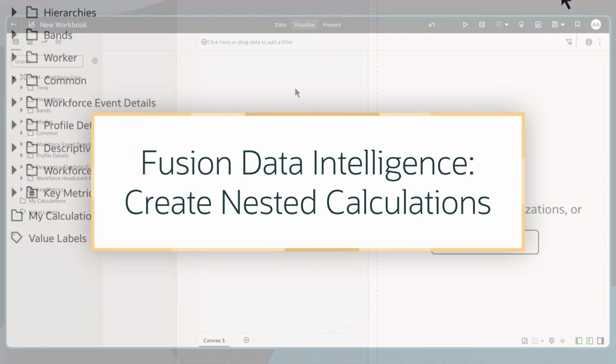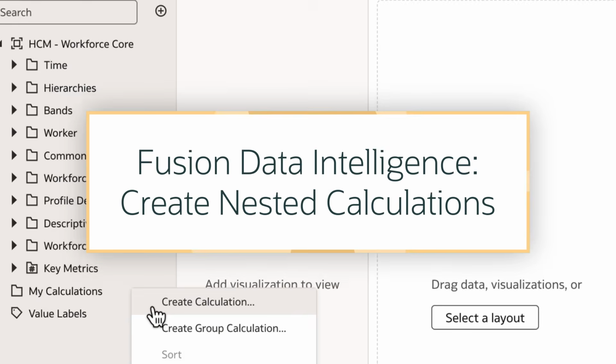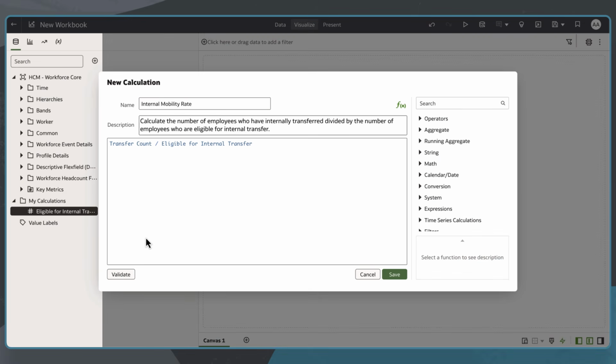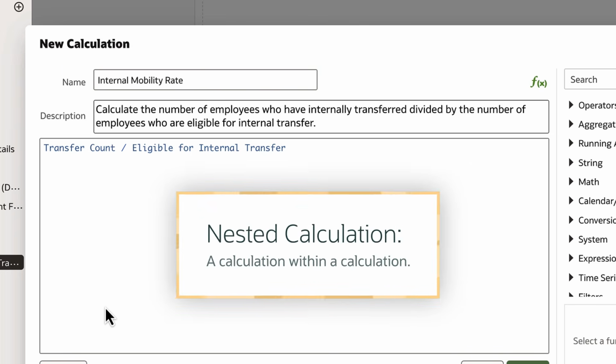In this tutorial, we'll learn how to create a dynamic nested calculation in Oracle Fusion Data Intelligence, or FDI. As a business user, I want to determine what the internal mobility rate is for my organization. To help me find the answer, I will need to create two calculations, one of which will be a nested